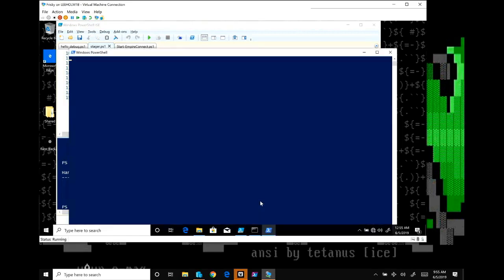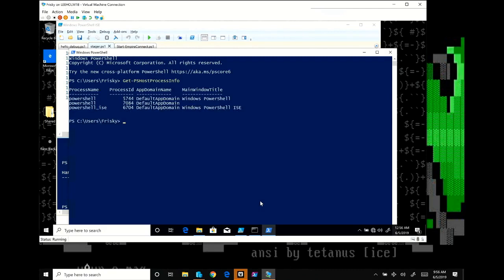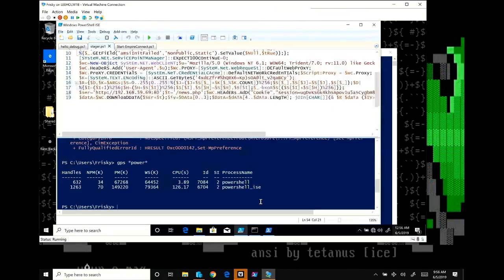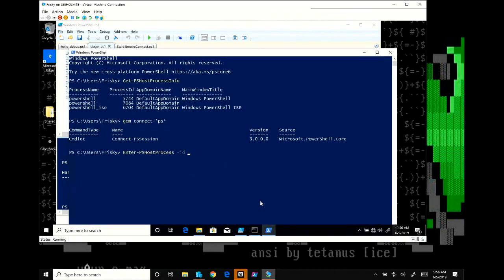But what I'll show you is something pretty cool, which is PowerShell attach to process debugging. So I can get PS host process info, which shows me all of the PowerShell processes on the machine that I can connect to. Oh yeah, enter PS host set. So that was 5744. Let's just double check. 7084. Okay, so now I've got the PowerShell debugger connected to that session that's now hosting the Empire command and